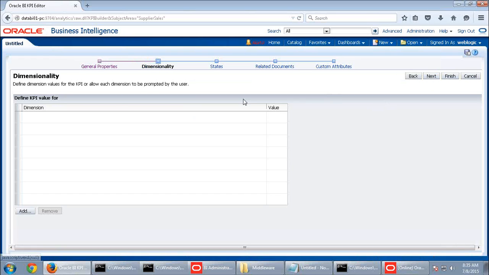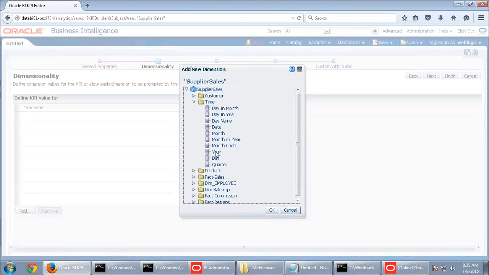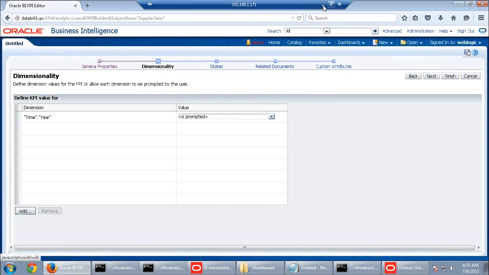Click on next. So here you can give dimensionality. Dimensionality is with respect to all the dimension columns you want to look at your KPIs by. You want to look at your actual units ordered and units shipped, all those values, with respect to which dimension. There should be a dimension, right, with respect to year, region, customer, however you want to look at it. So pull out all the values, add your time, year, and